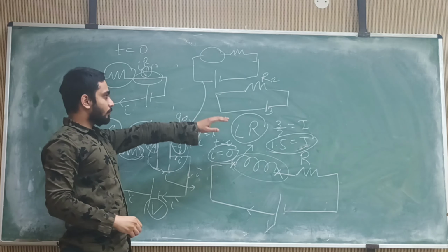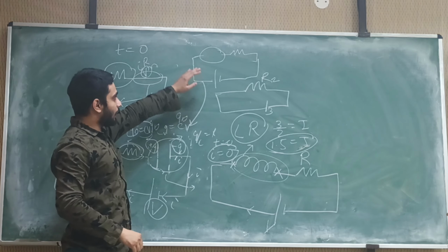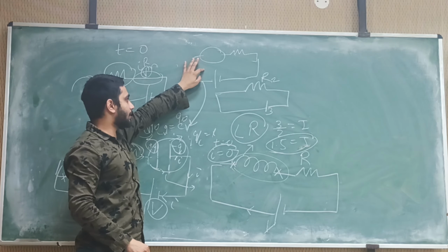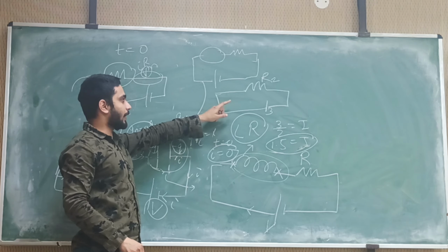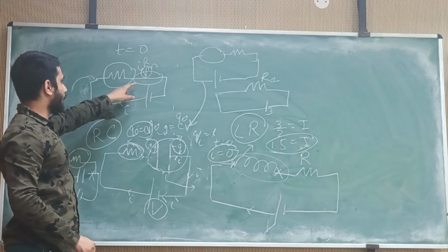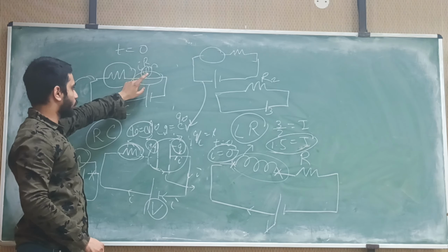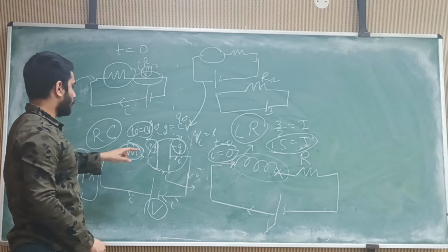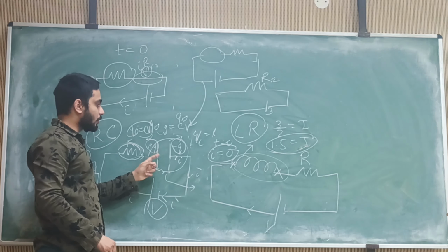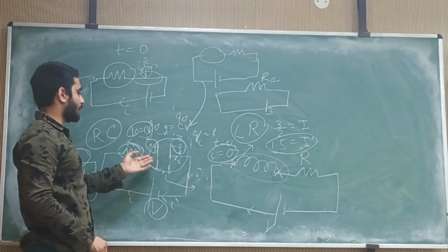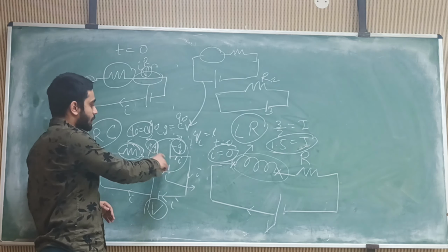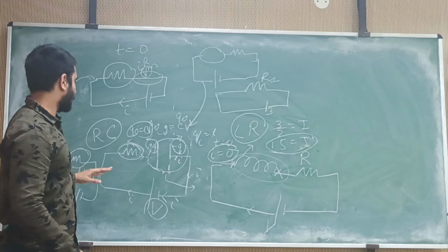Okay. So in the case of an inductor, at time t equal to 0, it will have maximum resistance. At time t equal to infinity, it will offer zero resistance. While in the case of capacitance, there is zero resistance at time t equal to 0, and at time t equal to infinity, since the potential V is similar across it as the charge is maximum, it will offer maximum resistance, so no current will be there in this circuit.